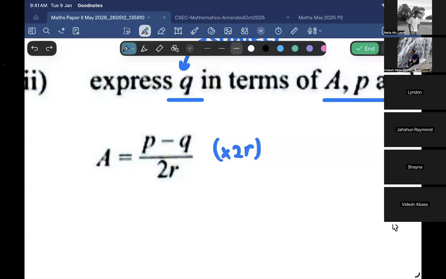And now I want to put what? It's simpler than you think. A by 2R is